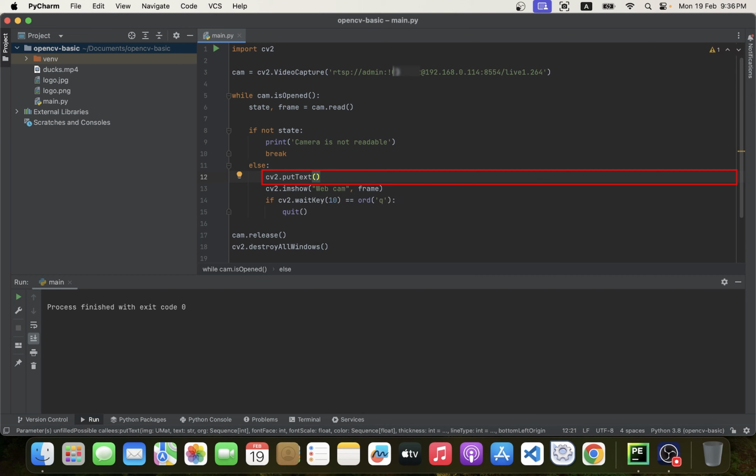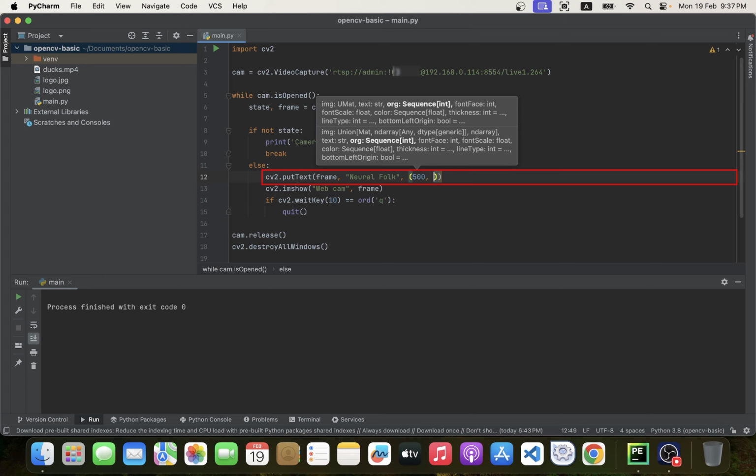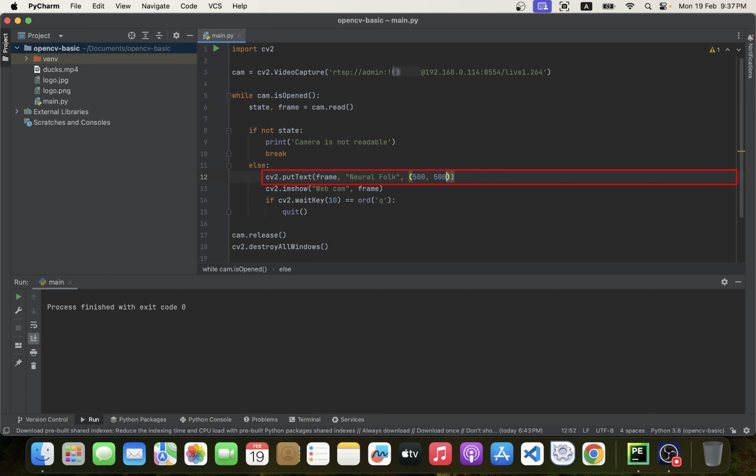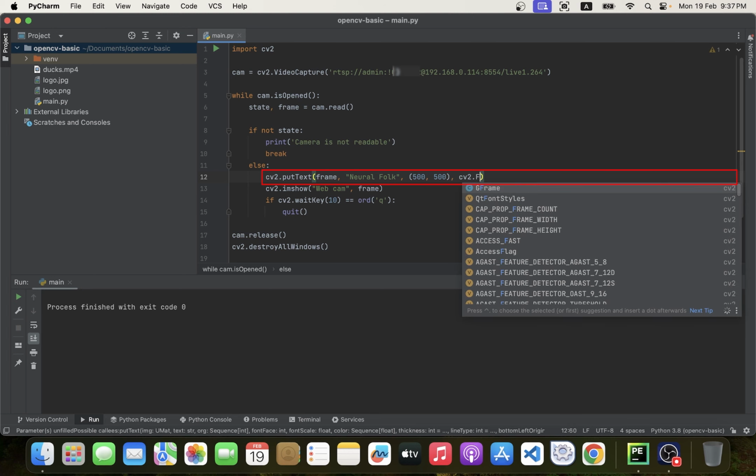and as the first argument we have to pass the frame. Then we have to pass the text we want to add. Let's say we want to add neural hook. And then we have to pass a value for coordinates, in which coordinate we want to show our text, and we have to pass it as a tuple. Let's say we want to show it at 500 by 500. After that, we have to specify the font name. So we can say cv2.FONT_HERSHEY_SIMPLEX,